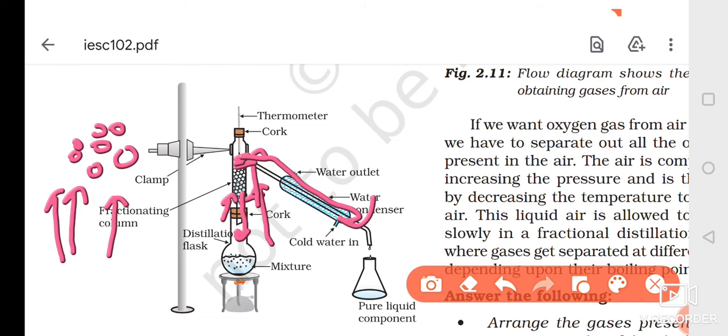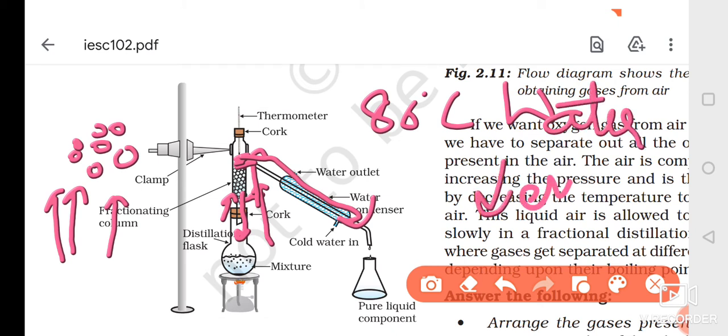Now why do we use this fractionating column? As soon as the temperature of the mixture rises to 80 degrees Celsius, the alcohol will start forming vapor. In the same way, water will also start evaporating. Water will show the phenomenon of evaporation. What is evaporation? The surface molecules of the water will start evaporating. Now what will happen? As the alcohol is forming vapors, so is the water.